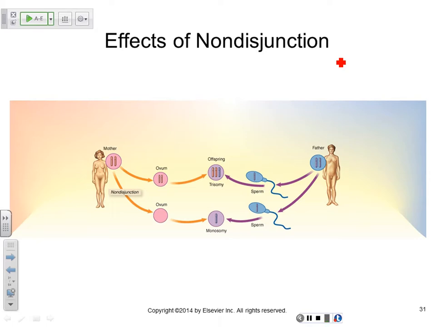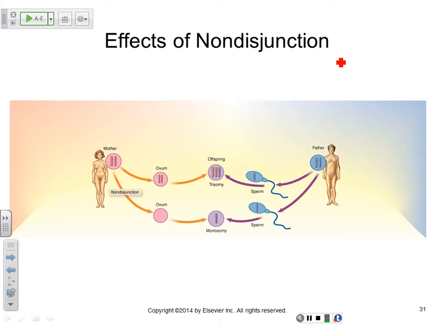Men and women, non-disjunction? Yeah, that's a good question. I didn't think about that. But I think it does, but I think it may happen more with the X chromosome and maybe more with the females. Okay, because we have a condition where the offspring gets 2 X's from the mom. That means the mom must have had non-disjunction and gets a Y from the dad. So I'm thinking it's more prevalent when I just look at the diseases that we're going to talk about, and those diseases are kind of representative of the whole gamut of these genetic diseases.